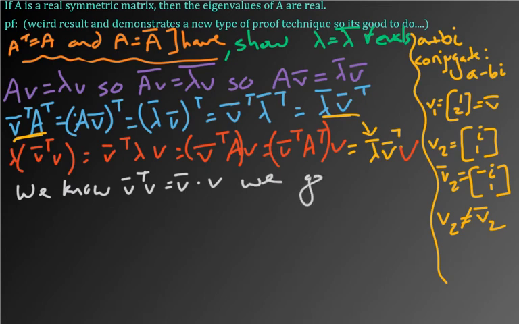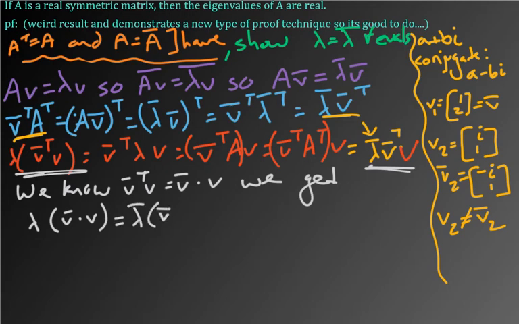Because of this equaling this, we get that lambda V conjugate dotted with V has to equal lambda conjugate V conjugate dotted with V. And so I can subtract and factor out the dot product. So I get lambda minus lambda bar times V conjugate dotted with V,